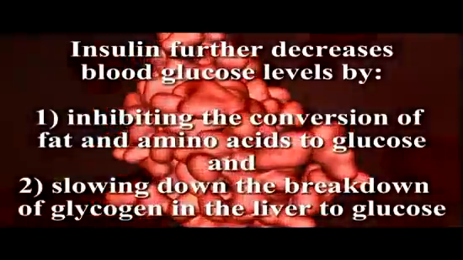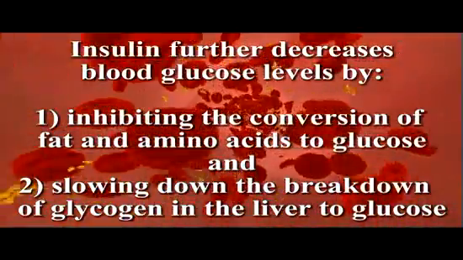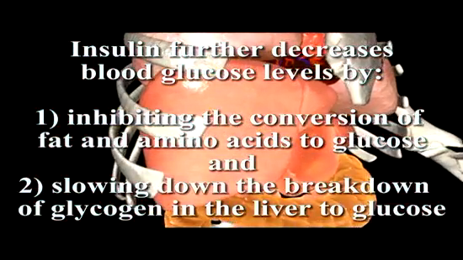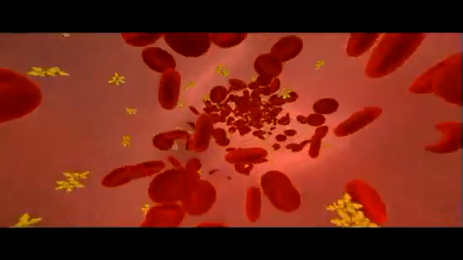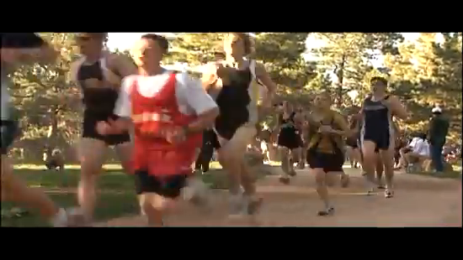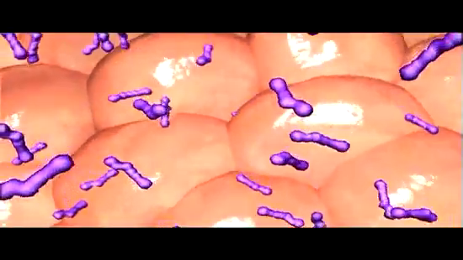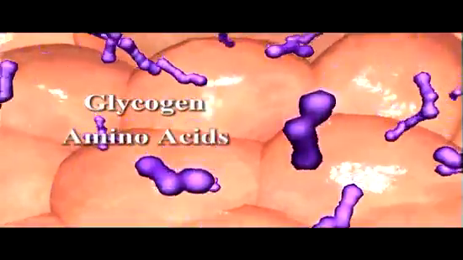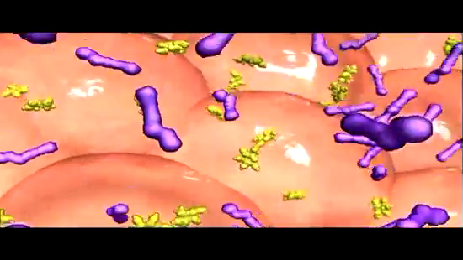Insulin further decreases blood glucose levels by inhibiting the conversion of fats and amino acids to sugar, and by slowing down the breakdown of glycogen into glucose in the liver. When blood glucose levels drop, for example after skipping breakfast or a cross-country run, glucagon is released and signals liver cells to break glycogen, amino acids, and fatty acids down into glucose, and to start slowly releasing the glucose into